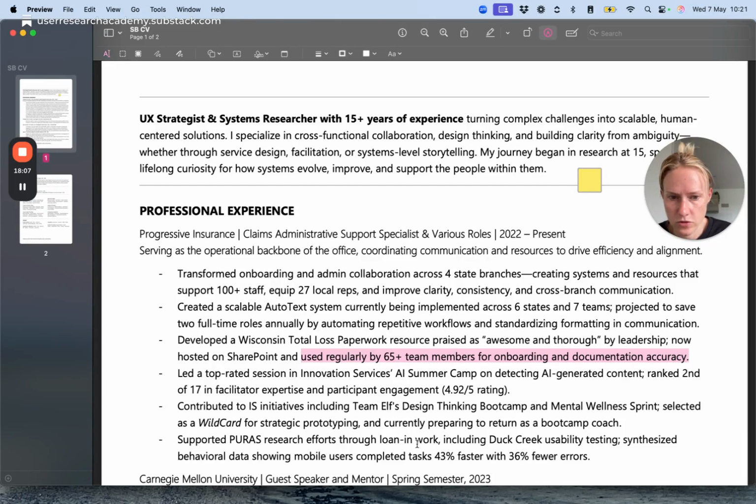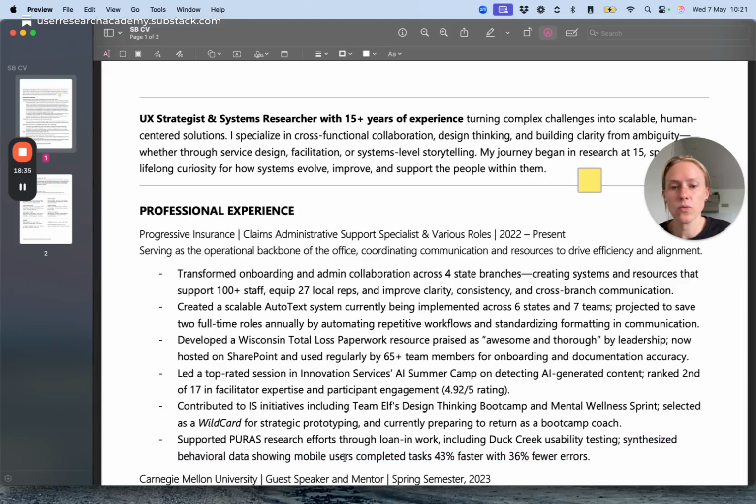Pure research. Okay, so this one I can talk about. Supported research efforts through loan-in work. I'm not sure what that means. Duck Creek usability testing. So, but what we have here is, I think the stuff that you found led to